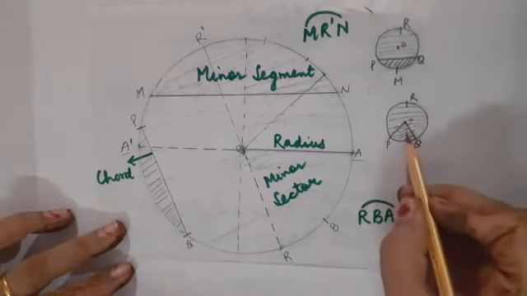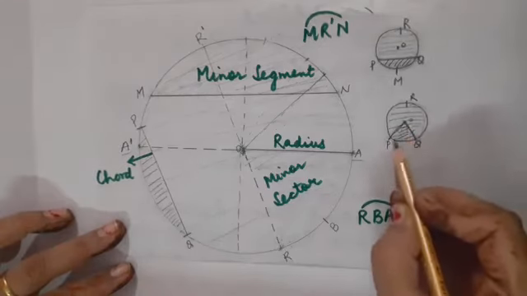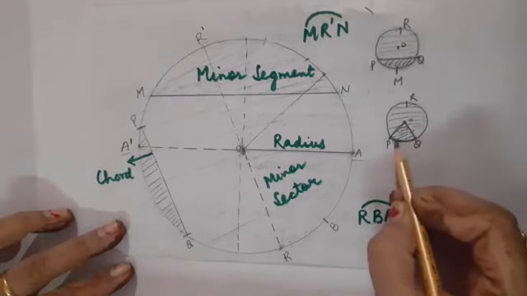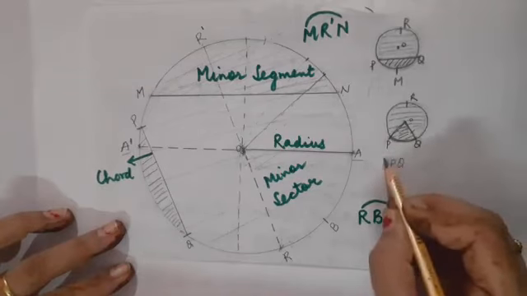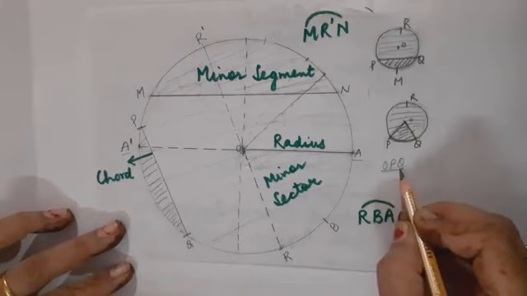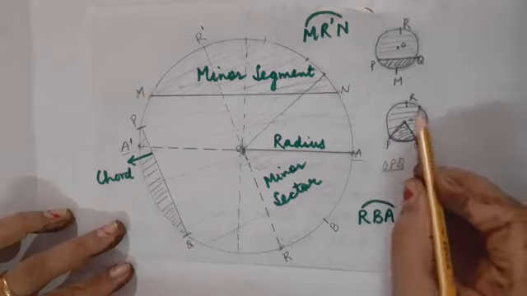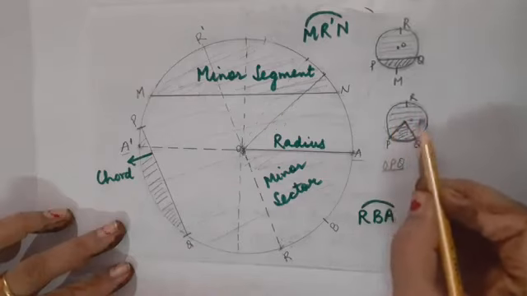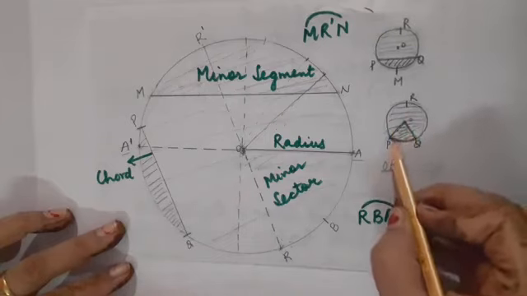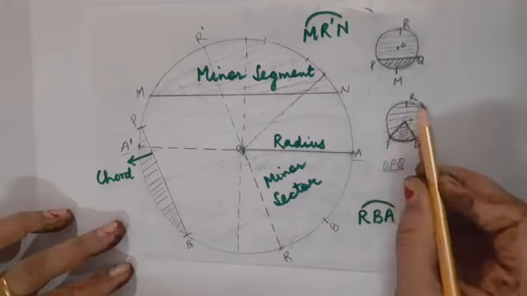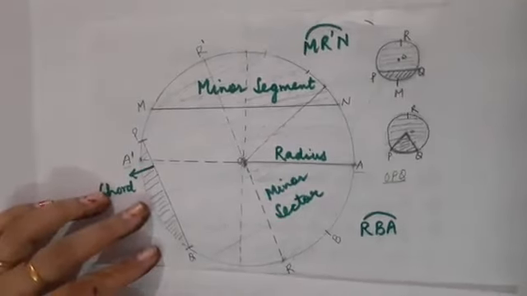So children, how will you give the name to the minor sector? Sector is that region which is enclosed by two radii and one arc. This is minor arc. So definitely OPQ will be known as minor sector. Correct? But if I talk about O, P, R, then Q, O, means this complete part, this will be known as major sector. Why major sector? Because this is also the region which is between two radii and the major arc. Correct? Okay.